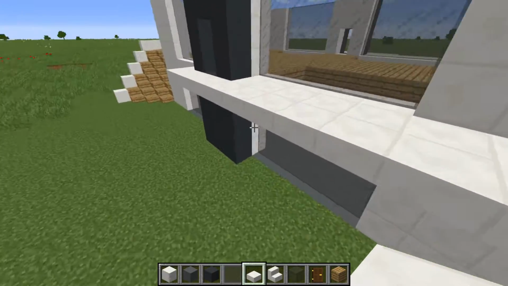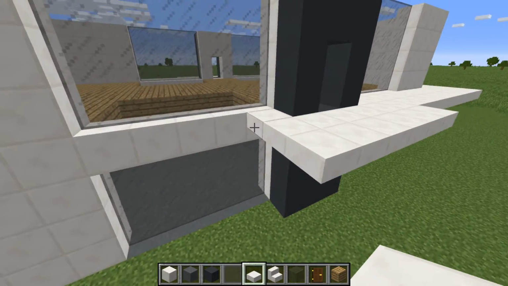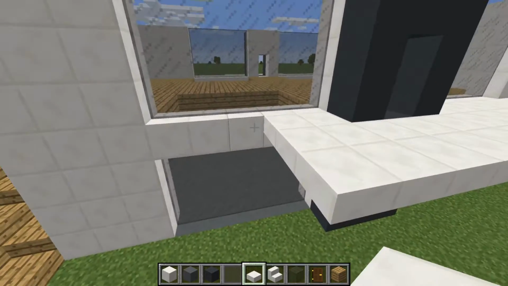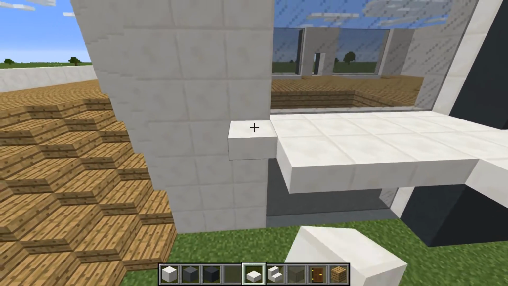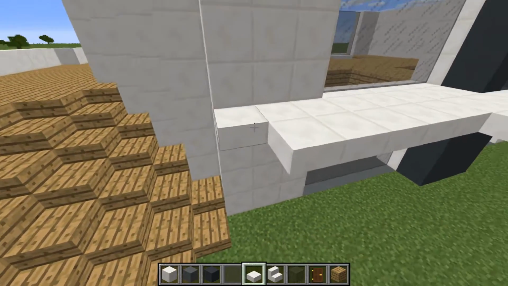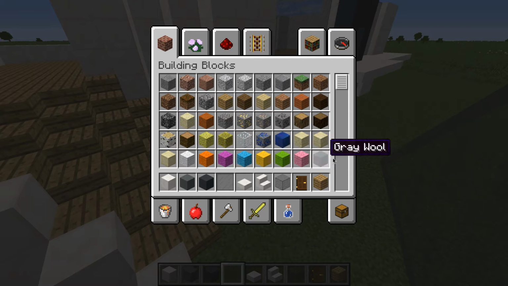Like that. And then again here we're going to go 1, 2, 3, 4, 5, 6. Like that. And then 2 out all the way to the end like that. And then I'm going to get some white stained